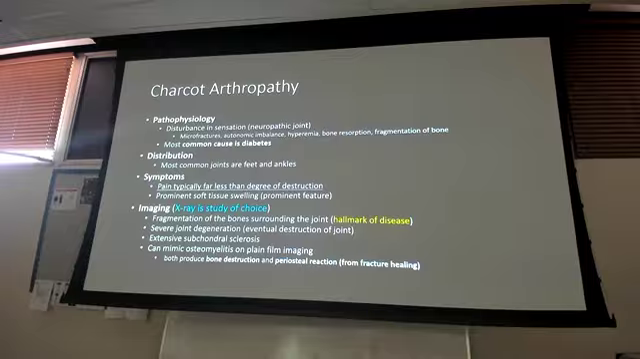Typically in the feet and ankles, it can be in the knee as well. Usually it's knee, feet, and ankles, doesn't really go higher than the knee. X-rays are study of choice. Fragmentation of the bone surrounding the joint is a hallmark of the disease. Severe joint degeneration. Listen, I'm going to go over the descriptors, but in reality,